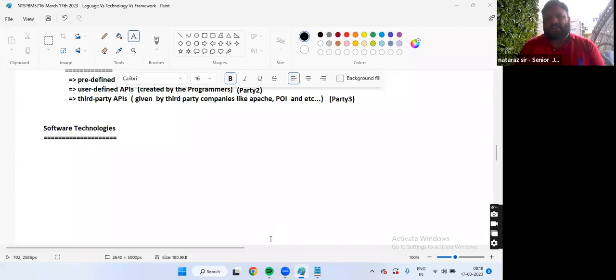Super. JDBC, Servlet, JSP are the technologies. I want to use a Servlet in my application. Should I arrange Servlet technology or Servlet technology-based software? Servlet technology-based software. What is that? Servlet container. I want to use JDBC in my application. Should I arrange JDBC technology or JDBC technology-based software?